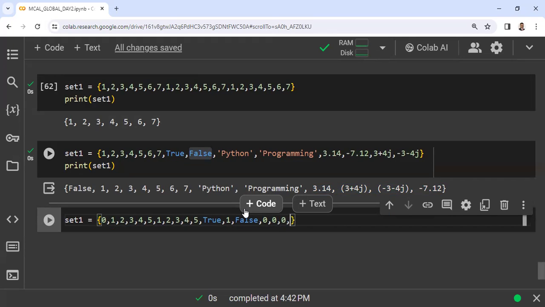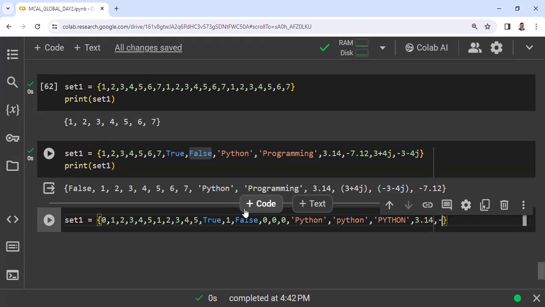Then you have Python, then you have Python, and Python. Three types of Python are there, and then you have